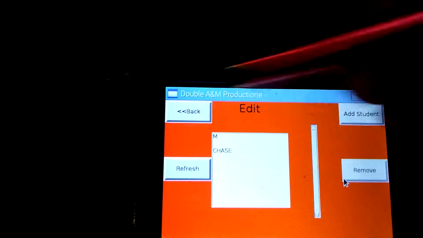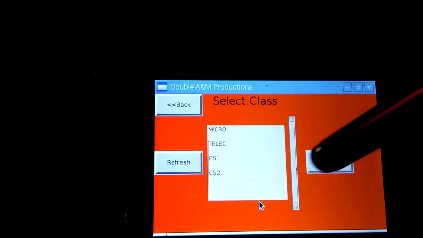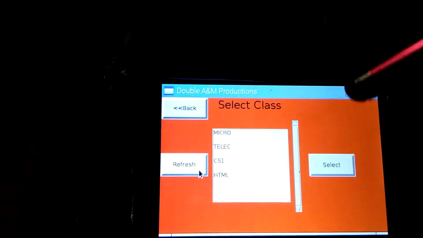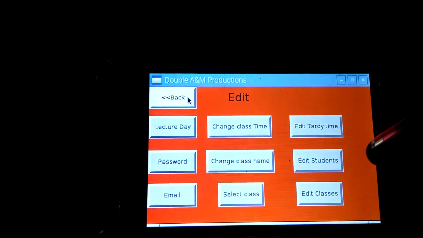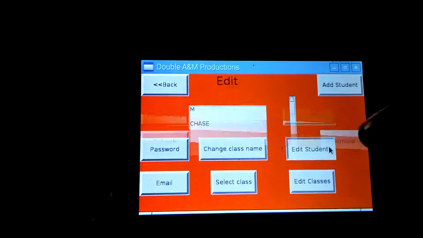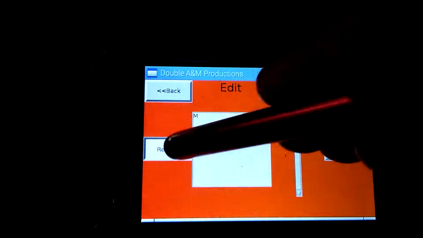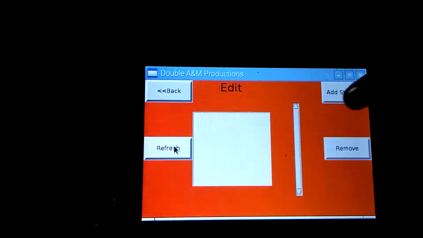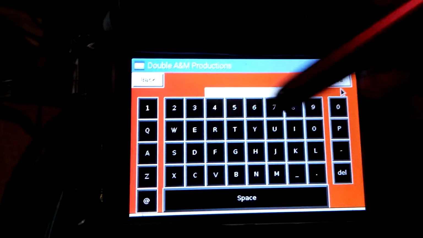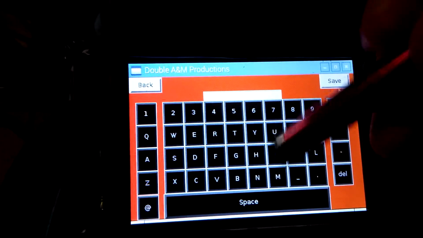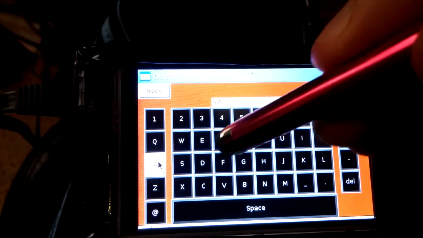You can edit students in that class. We have to select the class you just made, you actually have to go in. There it is, select, now you're in that class. Then you go to edit students, and there are actually no students in the class. You can add a student. I only have one card, so I can't actually do this part, but here I'll just put in, say, Mark,